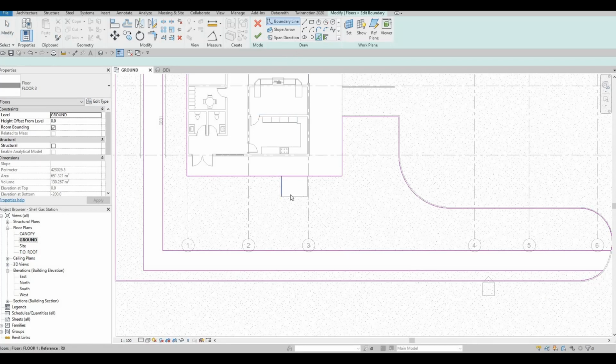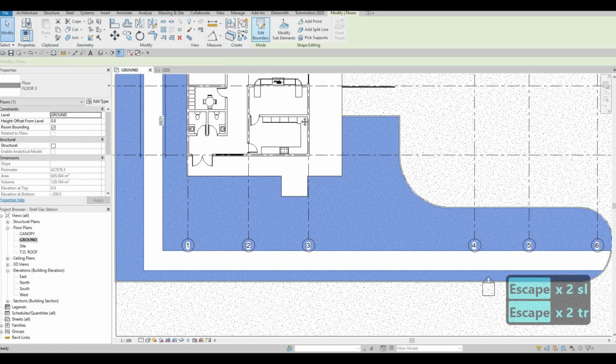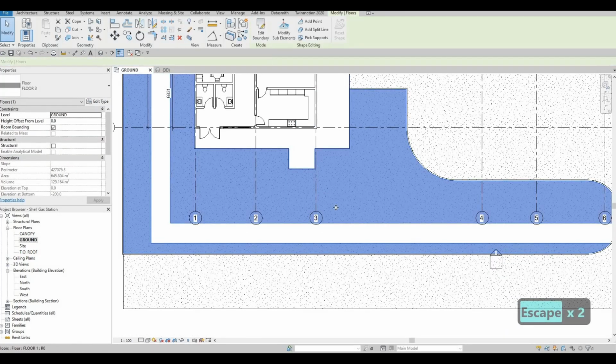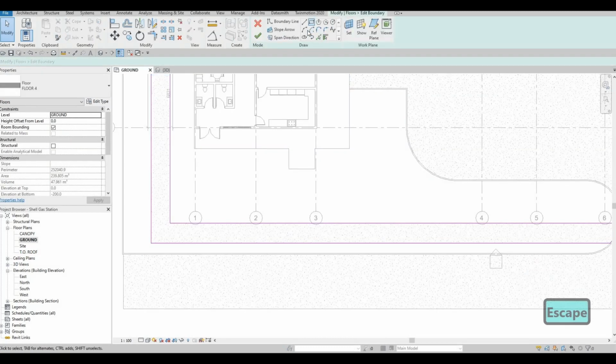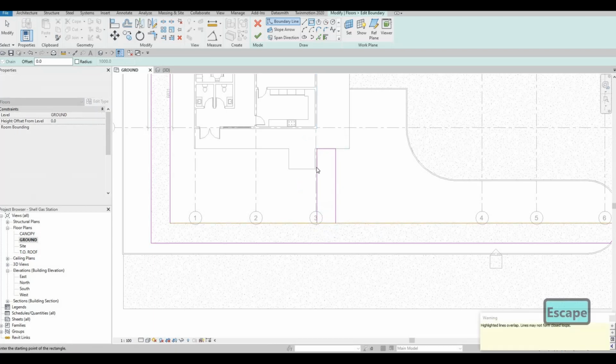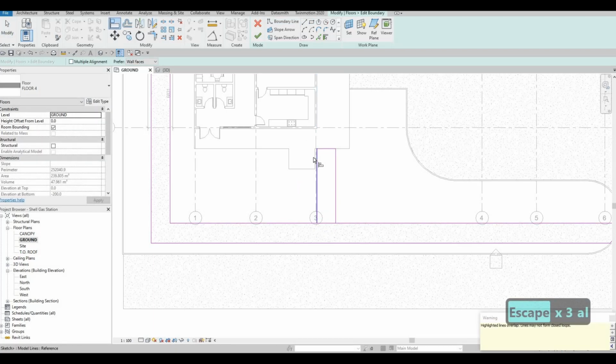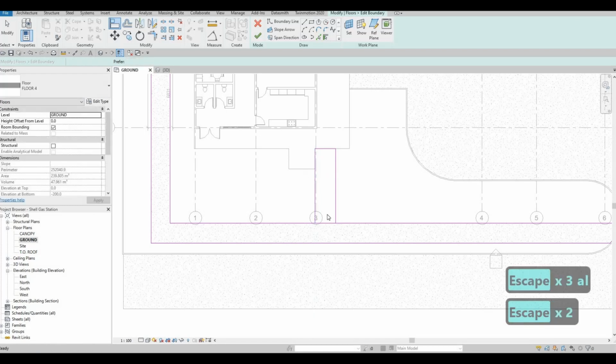So we could just use this and then SL on that, and then here I'm gonna edit this boundary right here so that this is connected. I'm gonna align this, AL, and then SL under here,